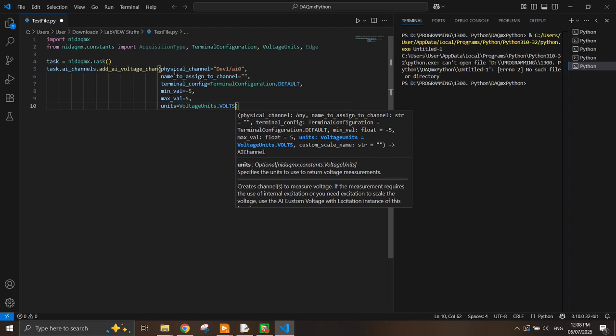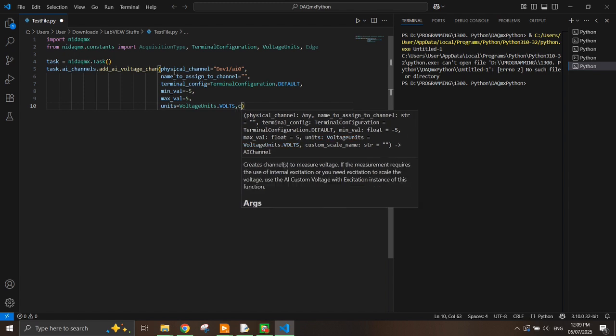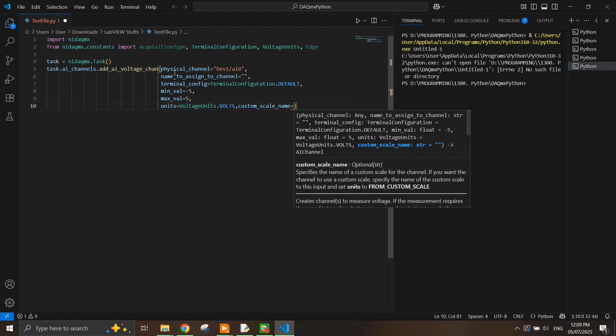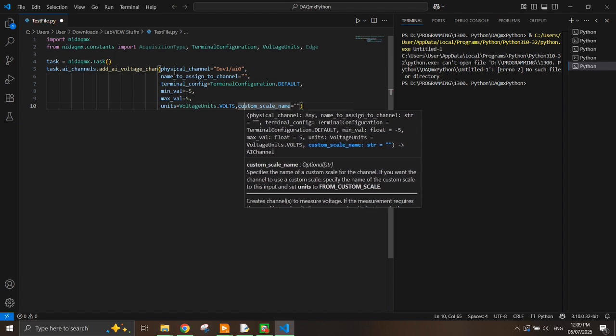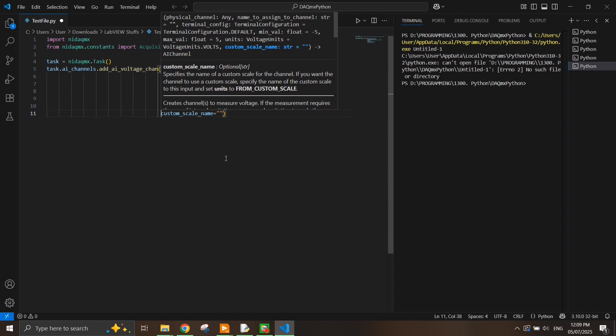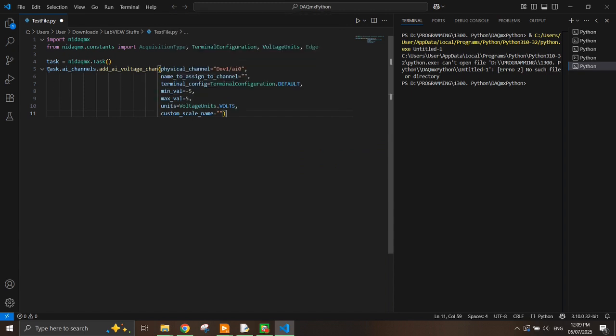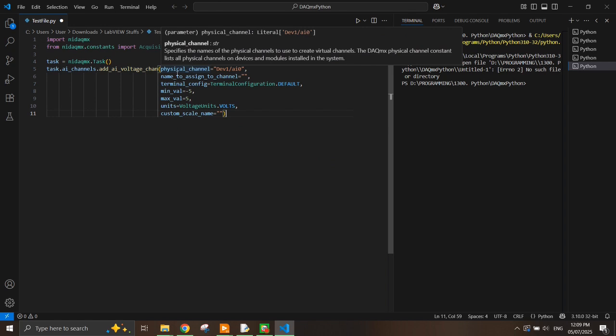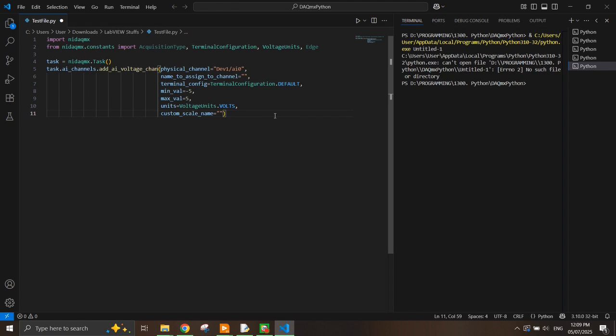Probably we also have another parameter input here called custom scale, but usually we can just leave this empty. Depending on how you want to type your Python code, it really depends on how you do it. I just do it this way so that it's easy for me to look into all the parameters at one go. Now that we have already configured the task and the analog input channel, the next is we need